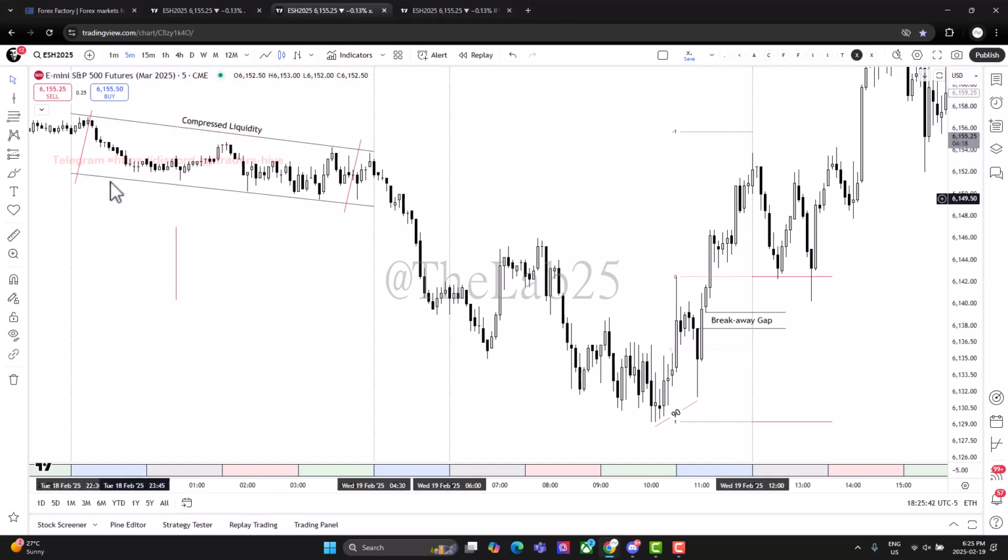Whenever you see price compressed like this, and this is how you know that price is compressed, it's fractal, right? So it doesn't just happen on the 5-minute time frame. You can use it for the weekly time frame. You can use it for the monthly time frame, right? And the only time this becomes our target is when we have the sequential SMT. So while this is occurring, you can anticipate this to happen,